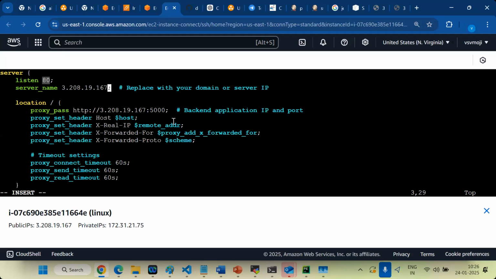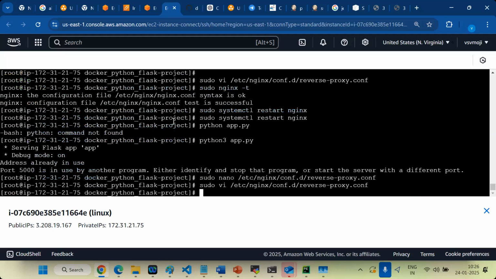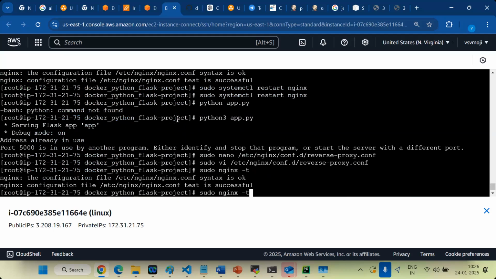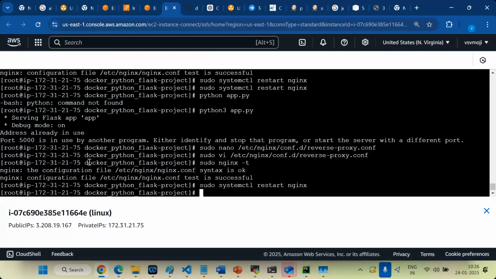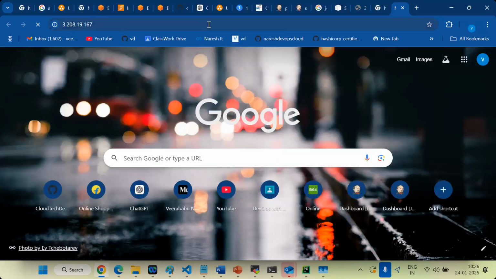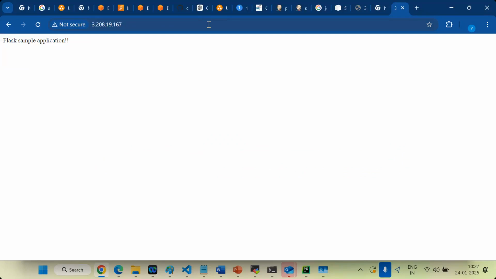This is the port number. Let's access now. Take the public IP. Copy. Okay. Accessing. So like that you can do it.